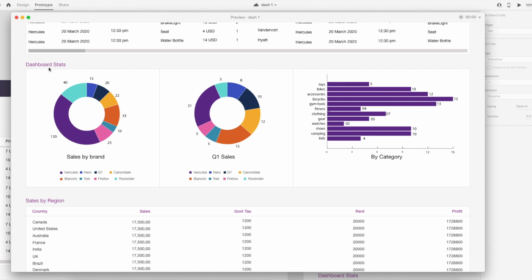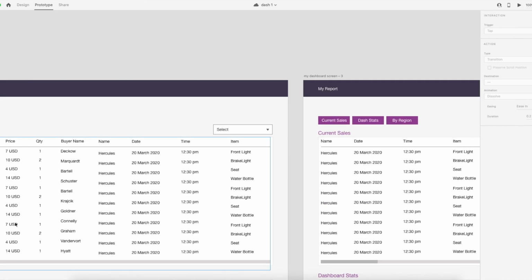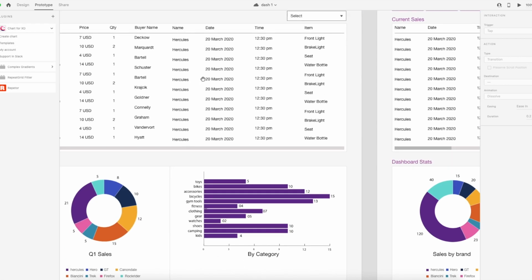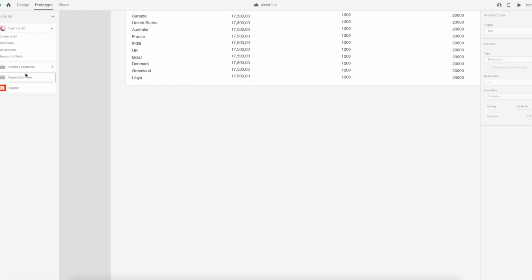And because there are some plugins in the Adobe Xd like chart for XD which can be used to create a chart, but the problem is the charts, there's a limit. You have to create an account in order to unlock all the charts. So right now you can only create one chart, one style of chart, which is,